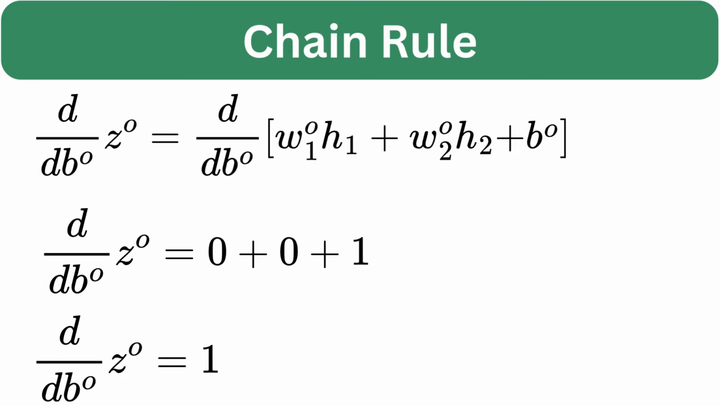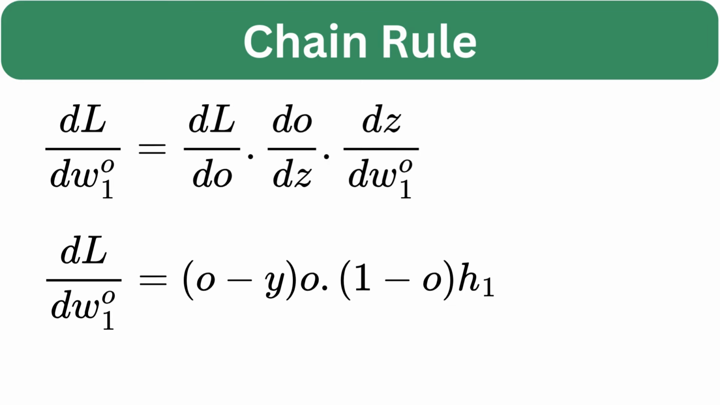Now the derivative with respect to bias. The terms containing WO1 and WO2 are constants, so they are 0, and the derivative of bias is 1. So the derivative of Z with respect to BO is 1. Finally, we substitute all three derivative segments back into the chain rule equation. So the derivative of the loss function with respect to WO1 is (O minus Y) times O times (1 minus O) times H1. Similarly, for WO2